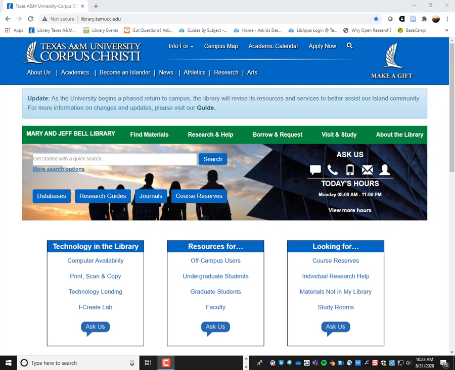Today we are going to go over how to access and use the library databases, as well as show you some other tips for searching using our library website, and we are going to discuss peer review. To get started, I am on the library's homepage,